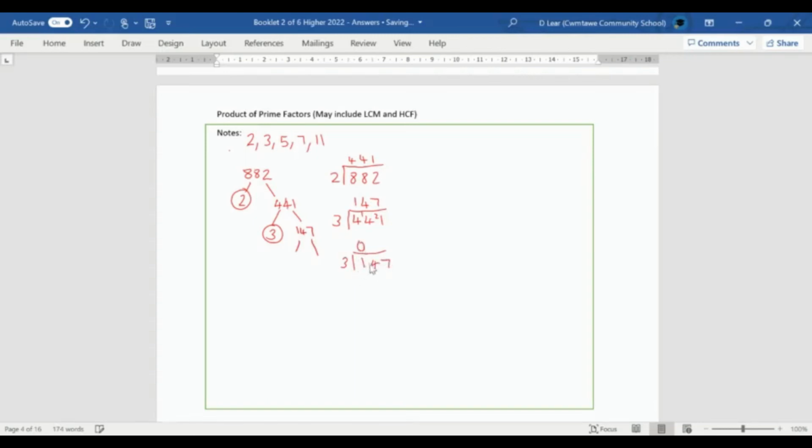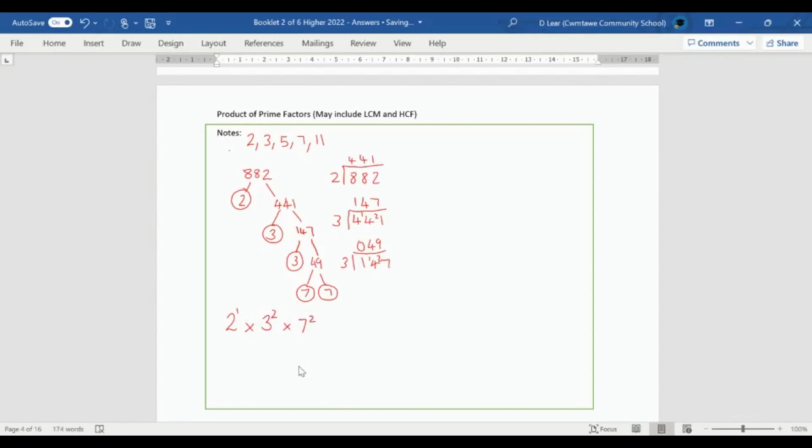147, okay? No, doesn't go into 1, but does go into 14. Again, 4 times remainder 2, and this time that's 9. So 3 and 49, and hopefully now we're in a land where you might recognize 49 and go, I know that I can divide that by 7, and I'll get the answer 7. And I'm there. In index form, because it will ask you to give your answer in index form, we've got a 2 in our answer, okay, but only one of them. You can put a little 1 there, but you don't need to. Times, we've got 2 3s in our tree, and then we've got